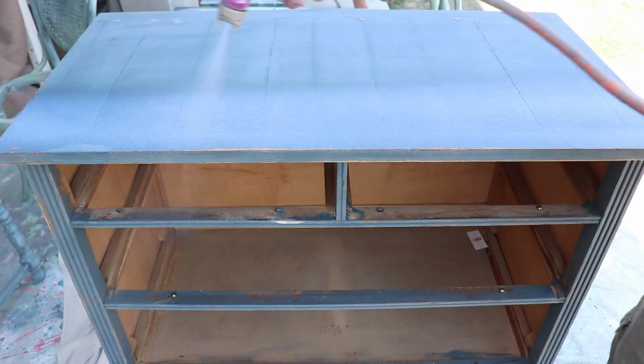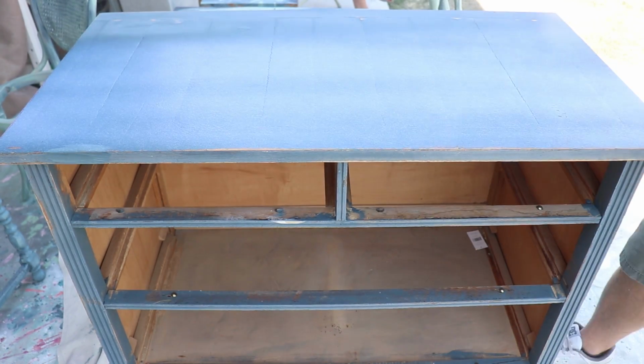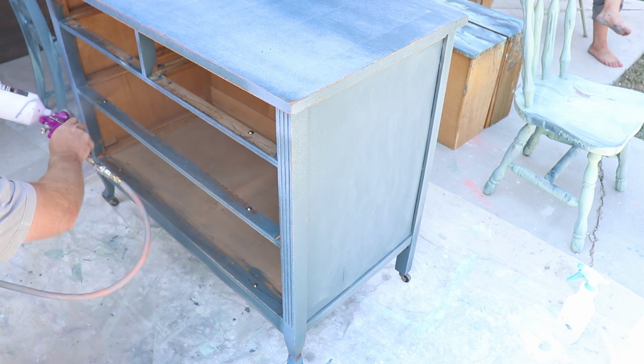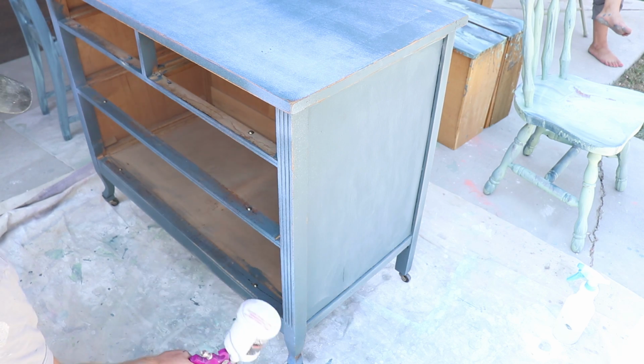I'm just going to spray it on. If we don't spray Sweet Pickins top coat, we like to use a foam brush, and it works really well, but it's faster to spray, and I'm set up to do it, so that's how we're going to get it done. So I'm going to lightly go over the top just to smooth it out,